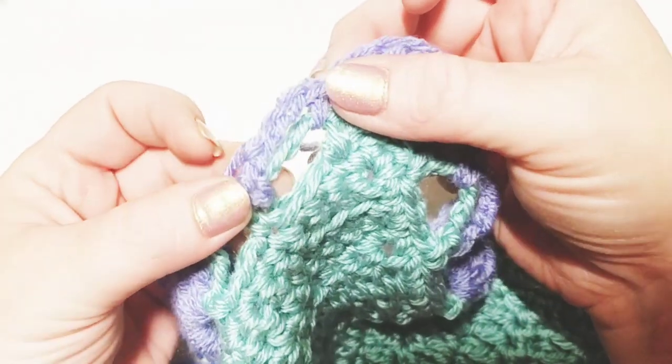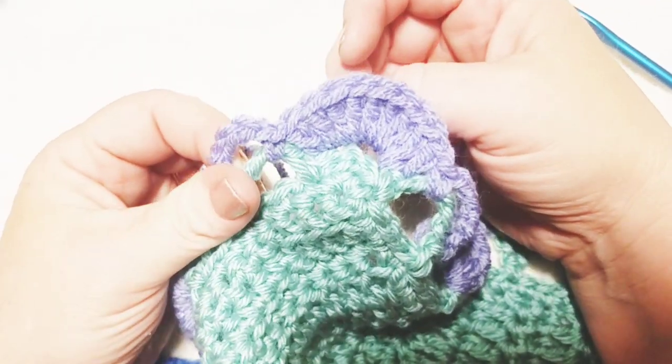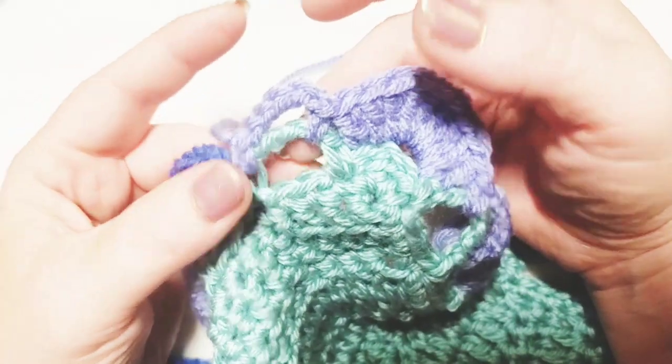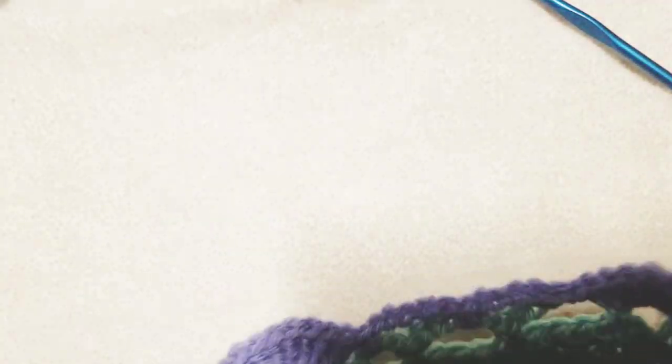And then when I weave that end in, I do that again, usually on the back side of the project or somewhere where I can hide it and stretch, and it'll just disappear within the stitches. That's how I tie off. That's how I make sure that things don't come undone. So now we're going to start